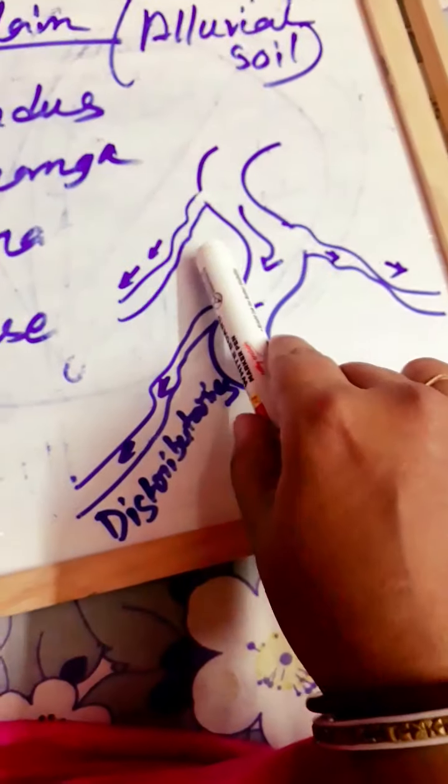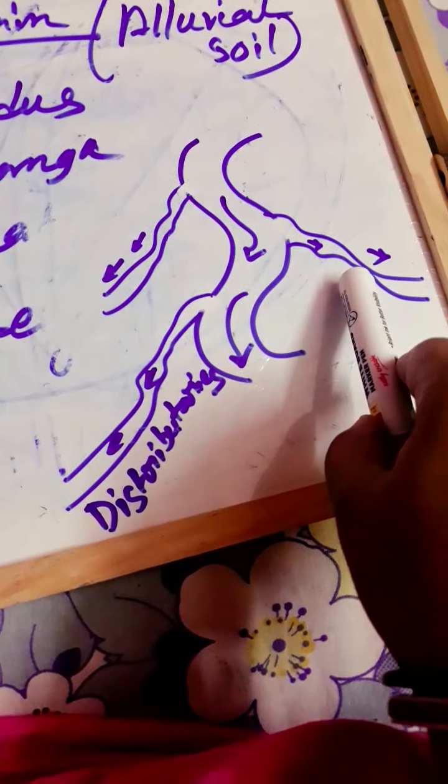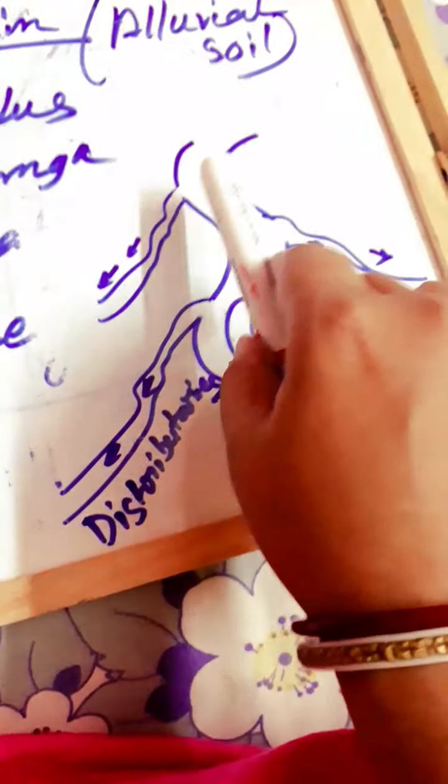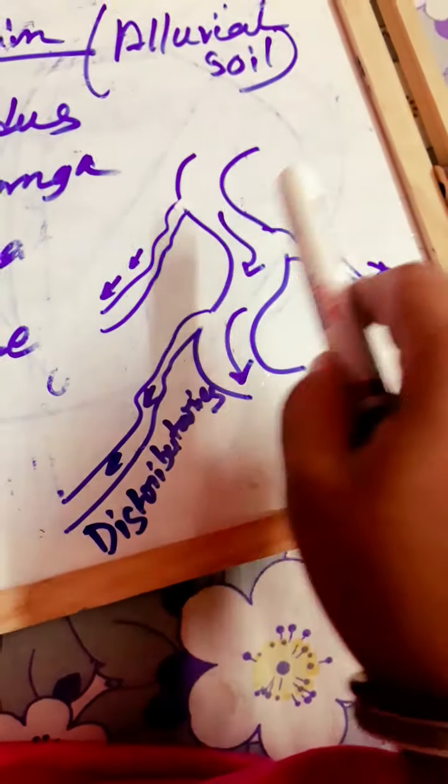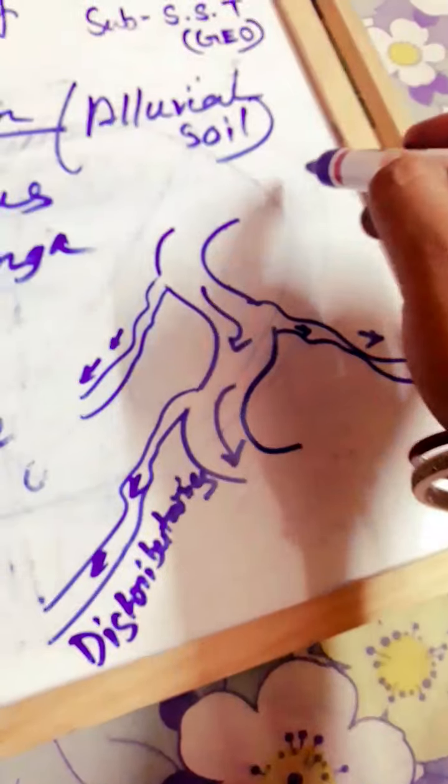Understand? When any small channel or sub channel splits from the main channel, then those are known as distributaries. But sometimes